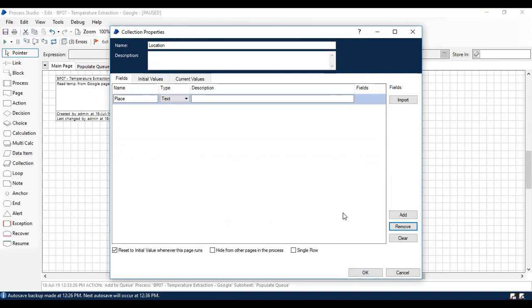And the field name can be only one, because you have to choose one column name to get it visible in item key. Even if you have 10 columns in your collection, you have to define which column is going to get displayed in your queue management as item key. You have to take that particular column name. In this case, it looks very simple because you have only one column name. So I'm going to take this column name, which is going to be our item key.